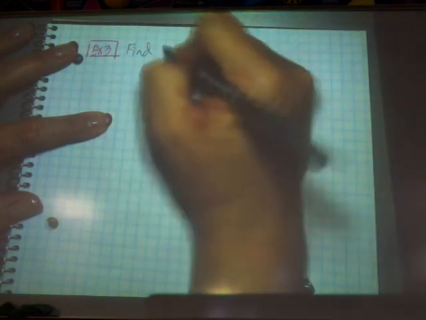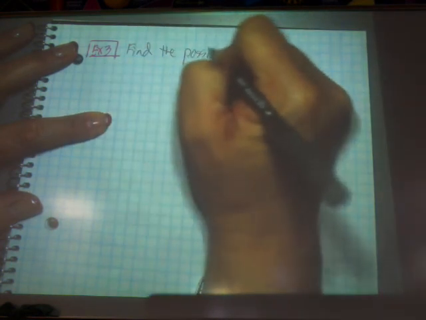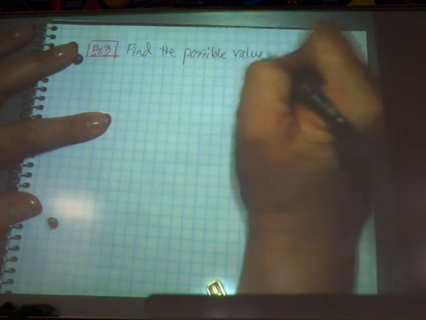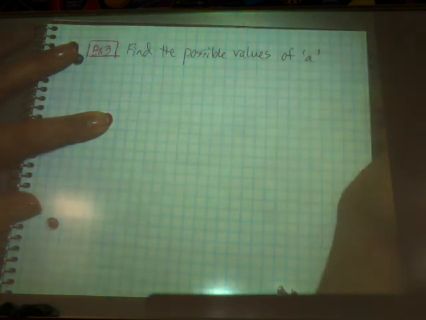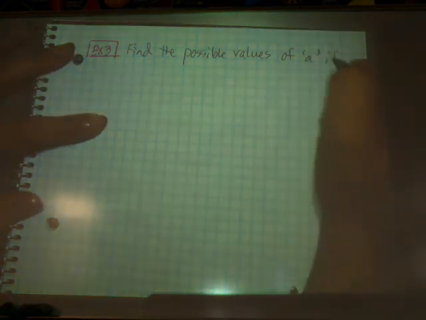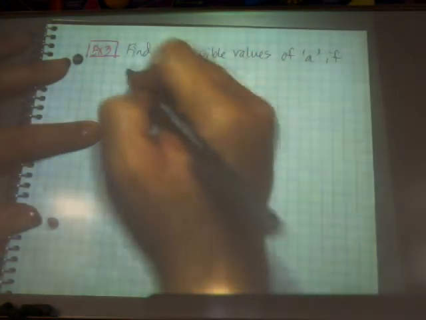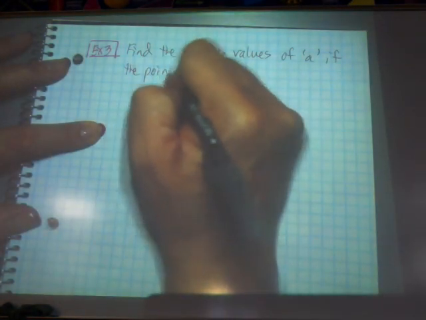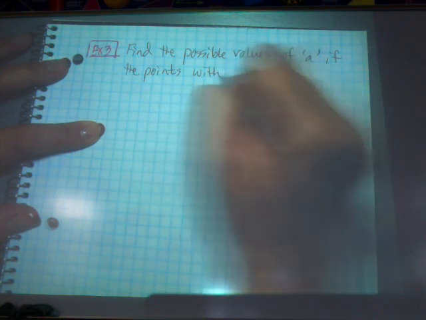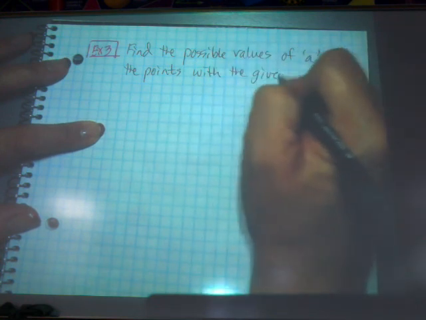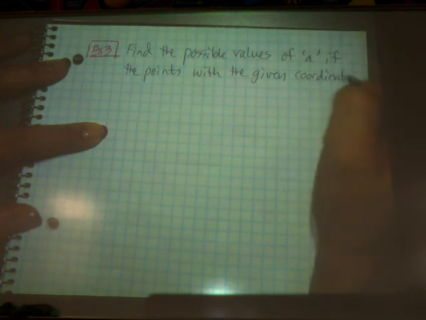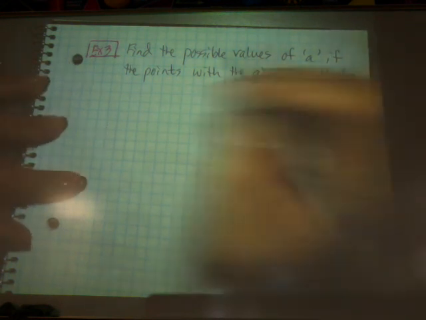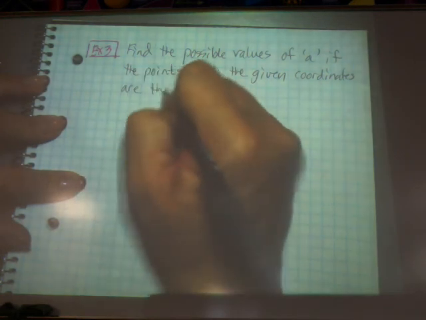Says, find the possible values of A if the points with the given coordinates are the indicated